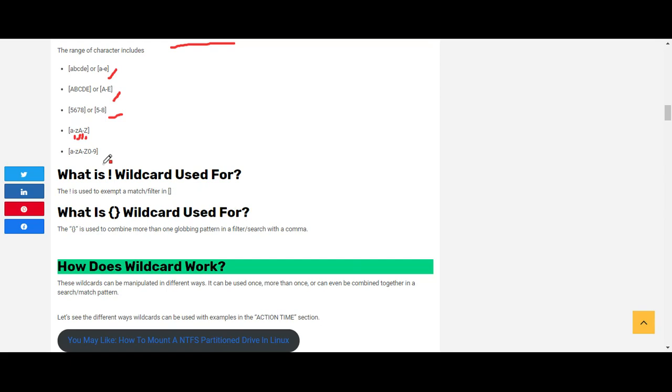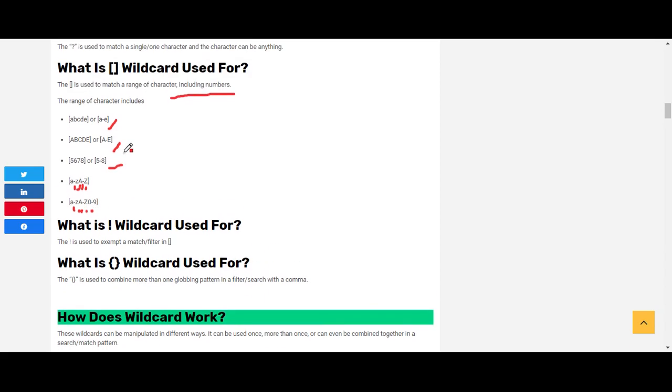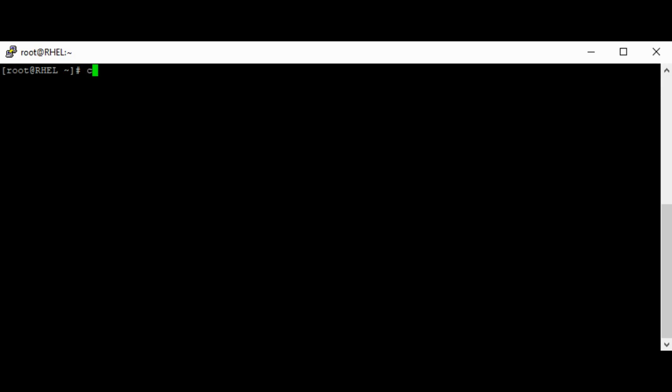And for a mixture of uppercase, lowercase and numbers, you can have a to z in lowercase, A to Z in uppercase, and 0 to 9. Don't forget the square bracket is used to match a range of characters, including numbers. So we're going to be looking at this with examples. In the /sys/module directory,